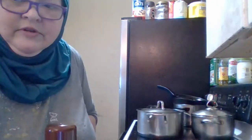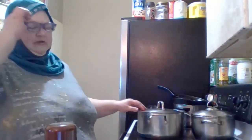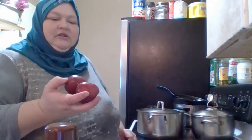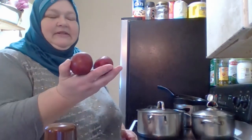So right now I'm going to make the mashed potatoes for the topping. All right, cooking some potatoes. I am using red skin potatoes for the mashed potatoes because they make a better texture of mashed potato. I don't use russet potatoes because I consider those baking potatoes and frying potatoes, but these